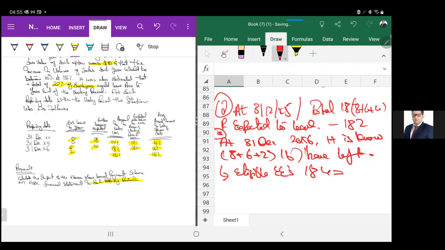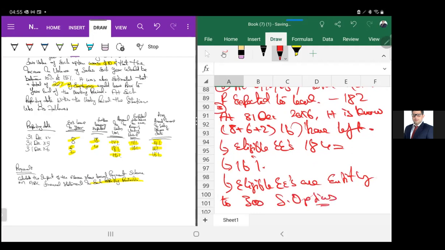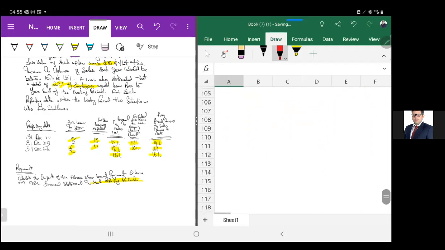On average, growth in sales volume over the period was 16%. So eligible employees are entitled to 300 share options each. And then now